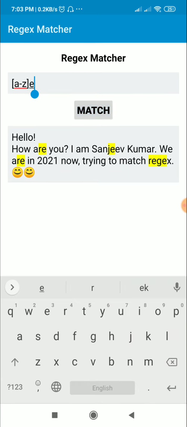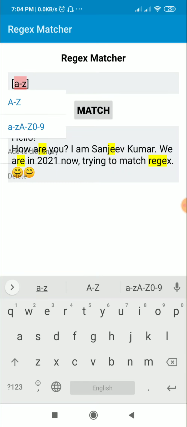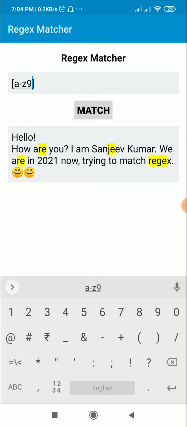And I can match numbers also. A to Z, then here I can write 0 to 9. So it will match all the small letters and all the numbers.